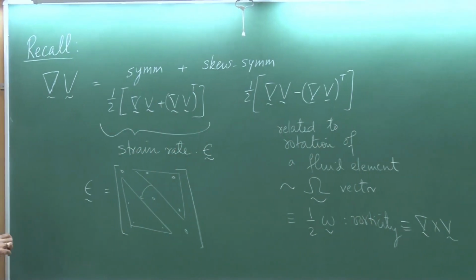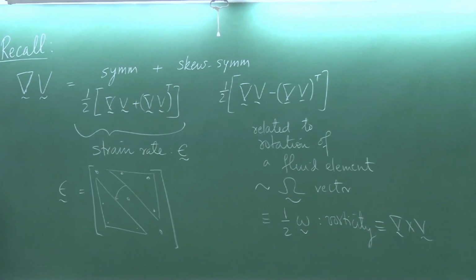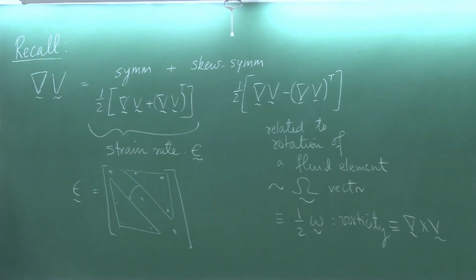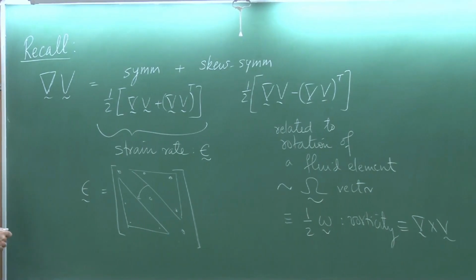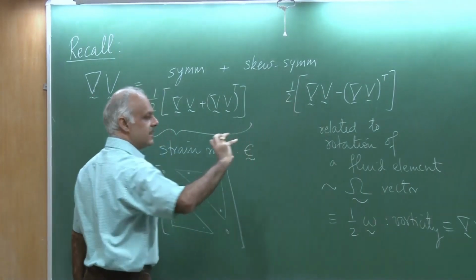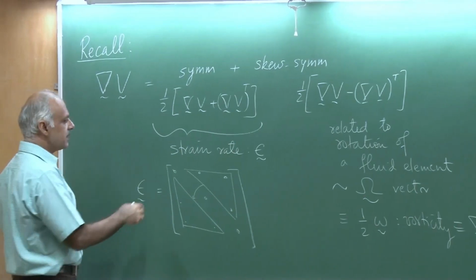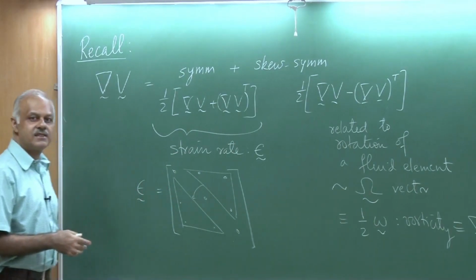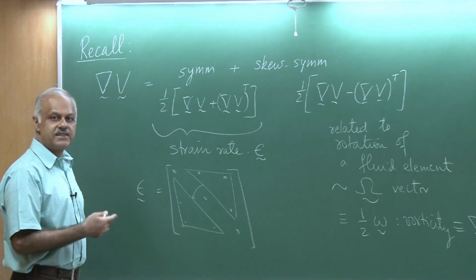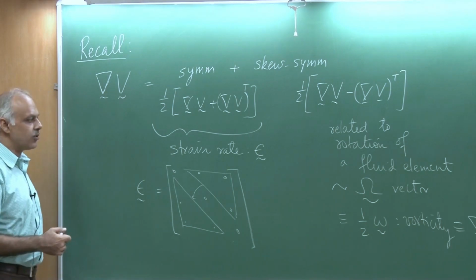Okay, so to put things in perspective, if I have a velocity field, then it's going to change at different points in my domain. So I am referring to this plane of the blackboard as a 2-dimensional domain. And I could talk about a component that causes a spin of a fluid element, a rotation about its axis, and something that causes a strain rate. And as I showed you in the last class, the strain rate could be extensional, okay? It could be angular in the sense of shear, and so on.